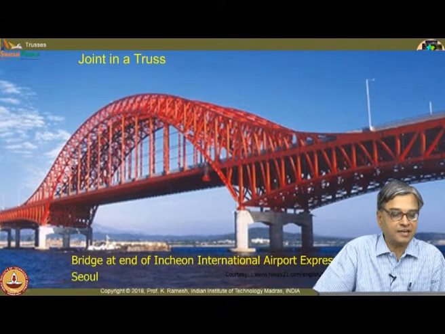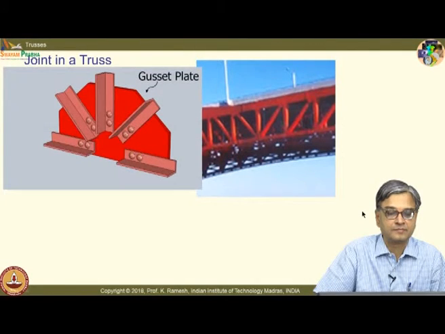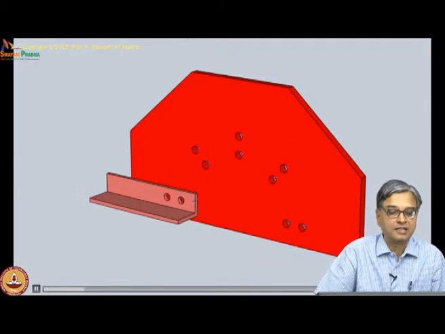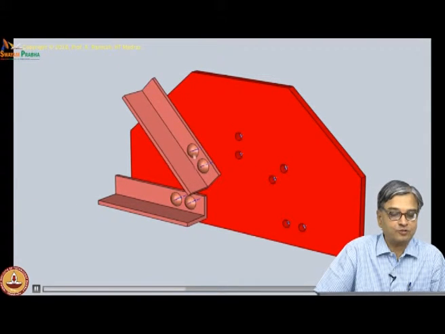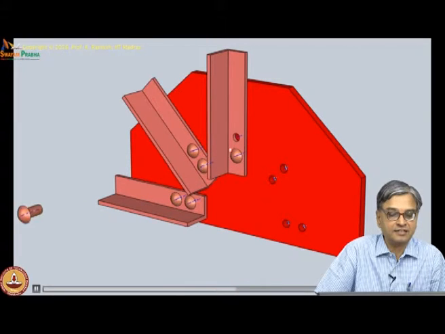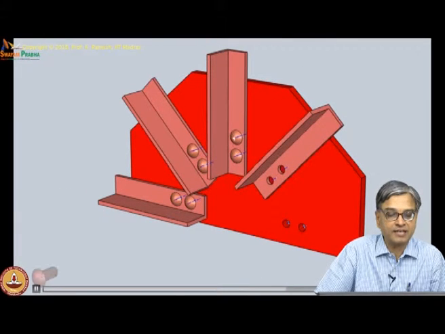This is another interesting truss. The structure is very interesting. I have this below the bridge, and then in this segment this is above the bridge to allow vehicles and boats to pass through. And we would look at a typical joint in this truss. So, this is a joint that we are going to look at, and if you look at the details, it is made by riveting. And what you see here, you have the riveted pins that are inserted. They are hammered from the other side to form this head,